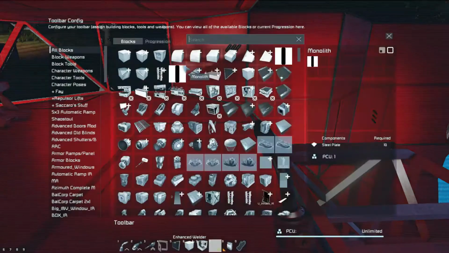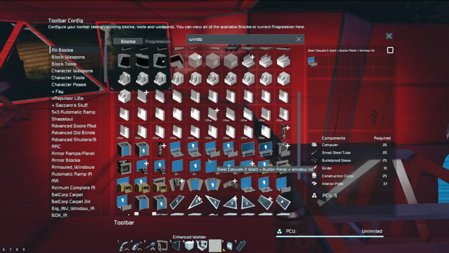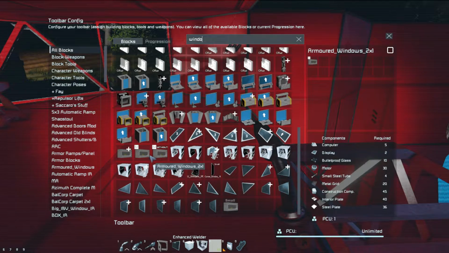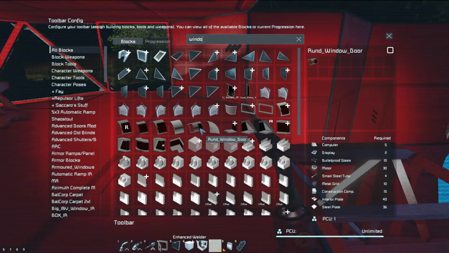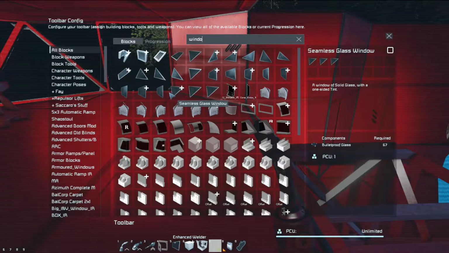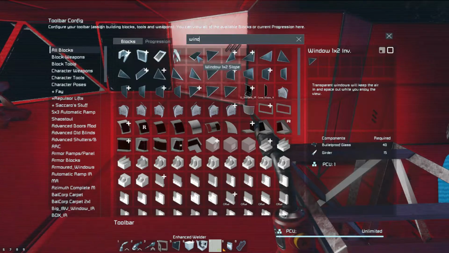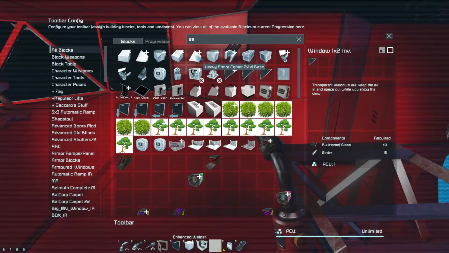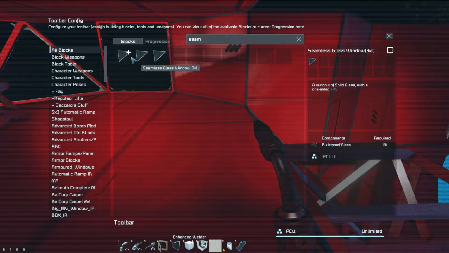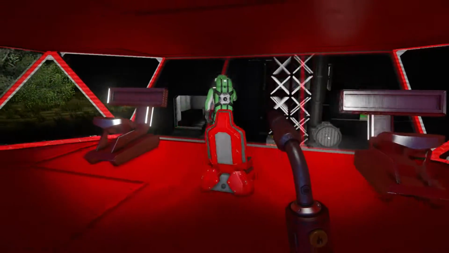What is it called again? Let me just see what it's called. Oh, I forgot. Did I even install it? I swear, if I did it, I've just told you about it and not installed it. Oh no, yeah, it's called Seamless Window. Seamless Glass. Okay. I don't know how many there are. It's only just 3. Okay, that might then be to do the edge panels. So you have one large...